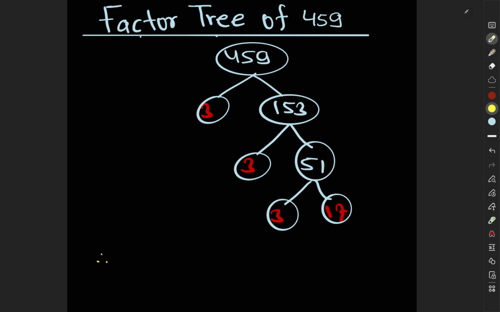So we can write 459 is equal to the product of all these prime numbers, that is this 3 times this 3 times this 3